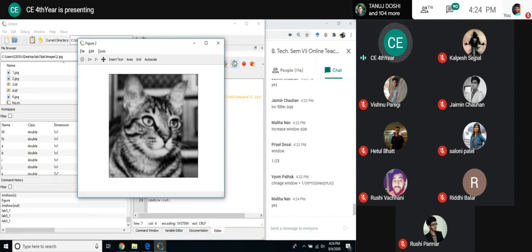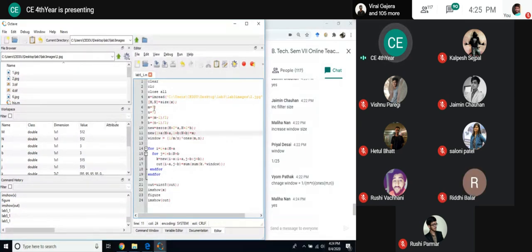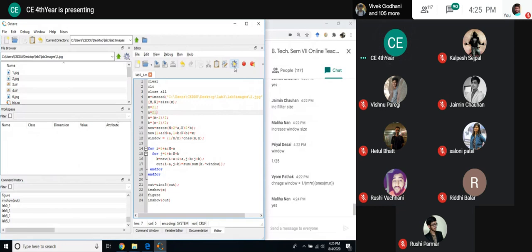Okay, so now again you observe regarding border and blurring. The change is totally visible now. Quite blurred, the image blurring is increasing as we are incrementing this window size. If you want to compare, you can keep the 3 cross 3 image as it is and have the 7 cross 7 and compare. But I think it's quite visible. Now I'm incrementing it even further to 21 cross 21. I am just having a very huge window. It will take even more time, more operations.